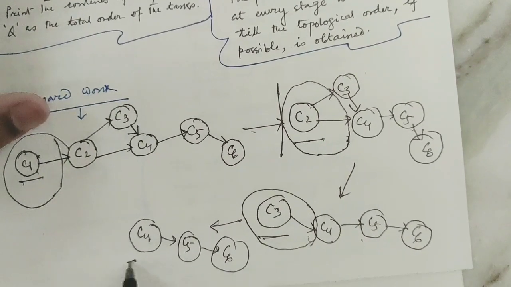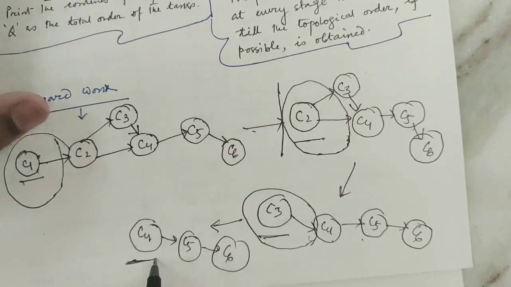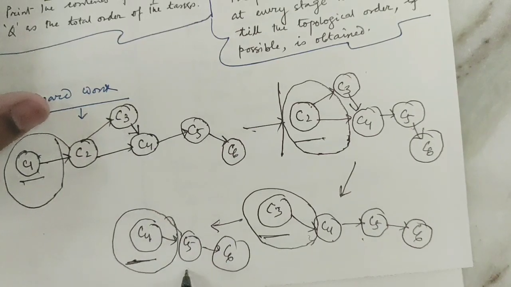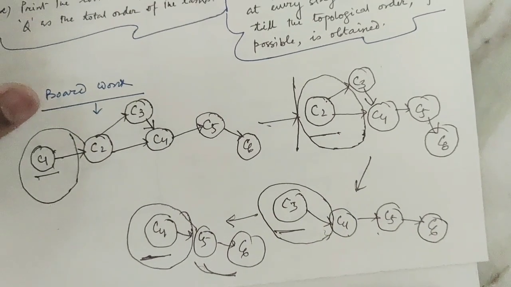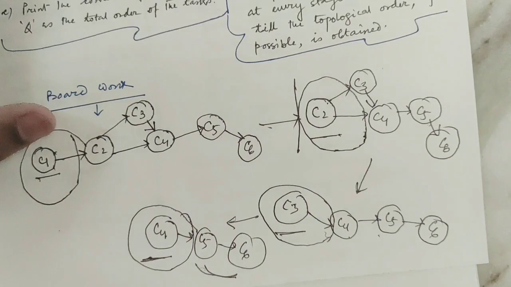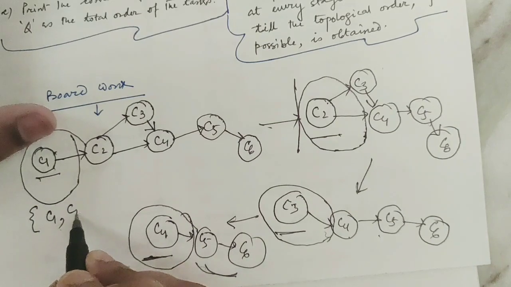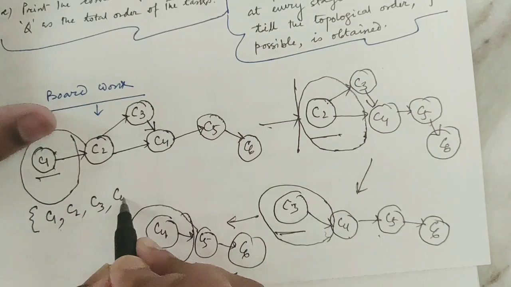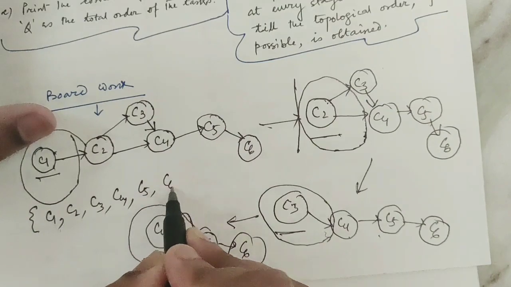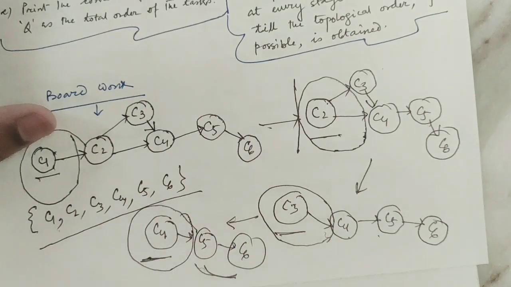So now from the resultant it is clear that you will remove C4. After removal of C4 you will have C5 and C6 only, then you will definitely remove C5, and at last you have C6. So similarly vertices C5 and C6 can be removed. And what is the ordering of the result? This results in an ordering of the vertices as C1 first, then C2, then C3, then C4, then C5, and at last C6. So this is the ordering.